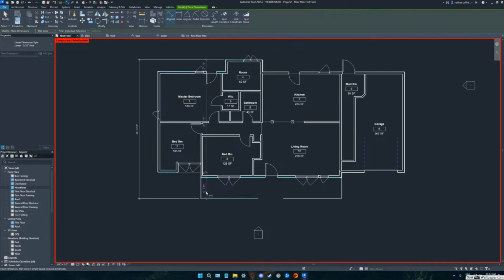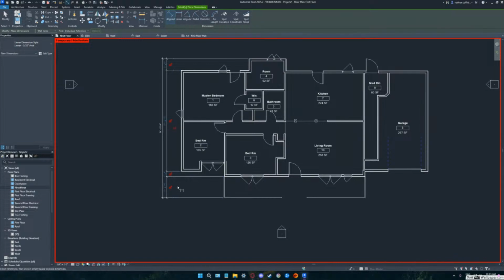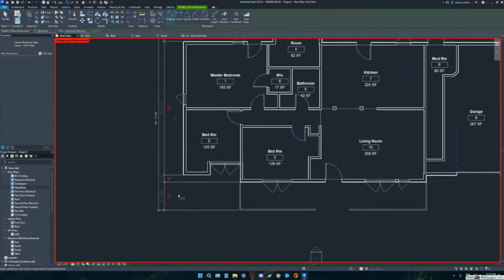Now, go out there to the last dimension you put, and you're going to find there's a snappy spot. So go out where you just did the 34 foot. Feel it? Did you feel that? That's where it wants to sit. That's where your spacing is set to be, exactly the spacing apart from the